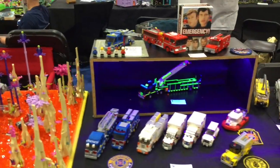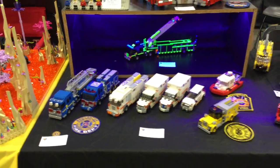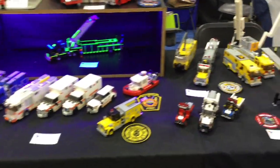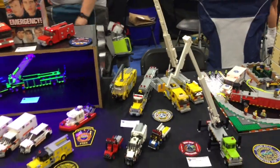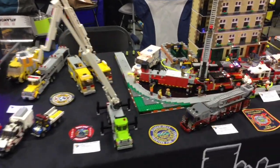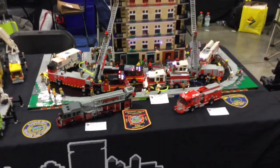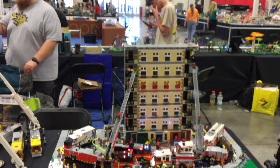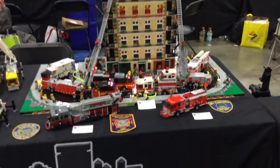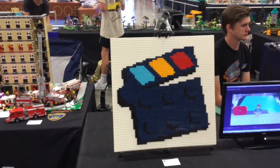Little McDonald's fire trucks. This is like the original 1999 one, but I never liked the way the back looked. So I used some wedge plates in there. Oh, that's awesome. I think it looks so much better. I would have thought that was right. Yeah, I've never seen those. And you know, these are the old style. Now they have better angles, so you can get a plate